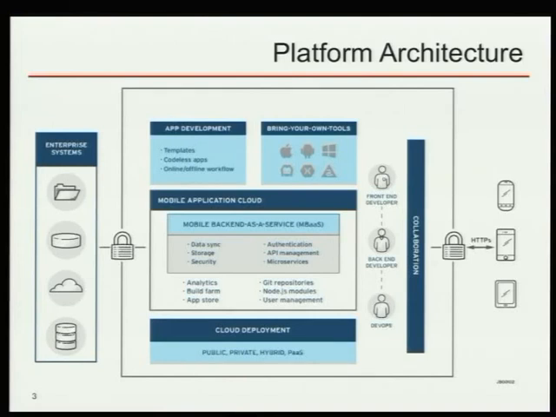The mobile platform is deployed as a hosted offering at the moment, so it's software as a service. You go to the URL, you sign up for an account, and you use the hosted service in conjunction with OpenShift Online. We are working to make it available as an on-premise solution as well, so something that can be self-installed, and that's been built on top of the next generation of OpenShift, OpenShift 3, using Docker and Kubernetes.